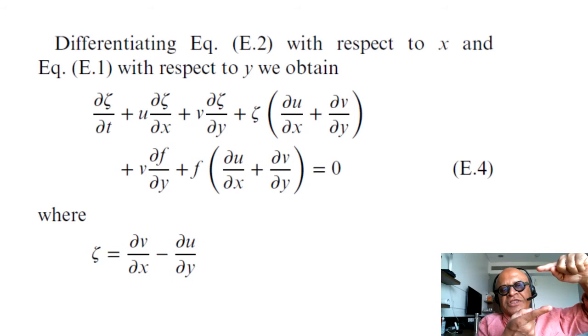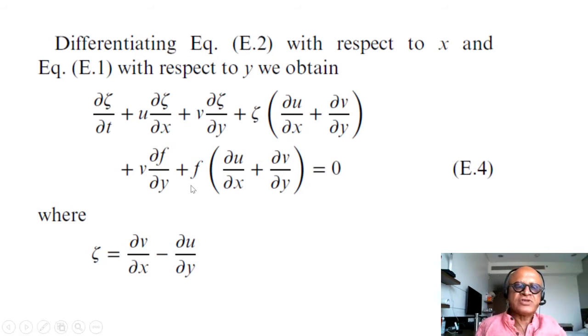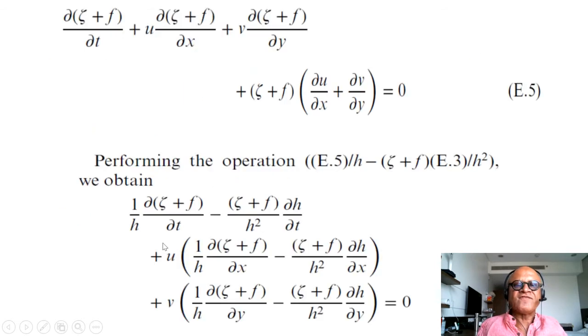You can either tilt it, you can just move it, you can do all sorts of things. So these terms correspond to those processes in the total vorticity balance. So zeta here is of course dv/dx minus du/dy, the relative perturbation vorticity. Then you can write this equation this way, performing the operation of E5 divided by h to get potential vorticity